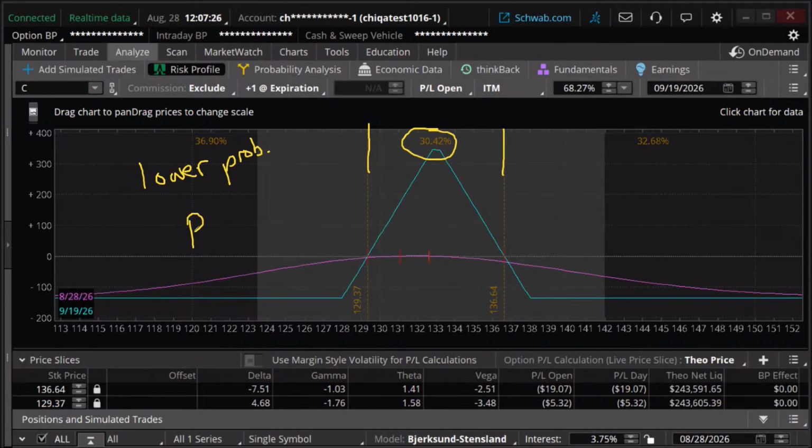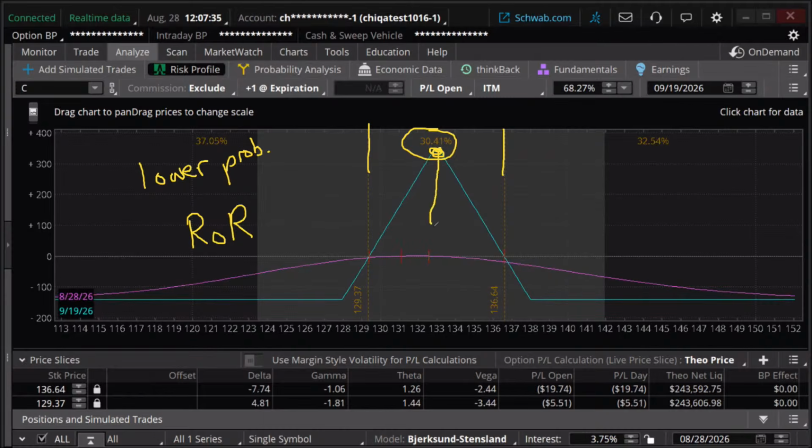They tend to have a pretty good return on risk. If you were to measure it from the max gain, here's the max gain right there, the difference between max gain and our break even right here, versus our max loss, say right here or right here. So, return on risk, check. That's kind of cool. Lower probability, not so cool. So that is what a traditional